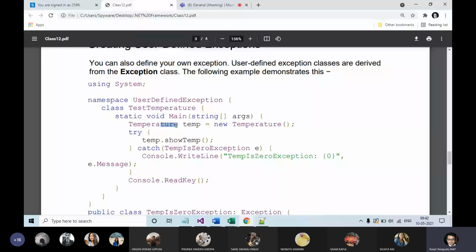Now within the catch block, it is using a temp zero exception, which is its own defined exception. You can create your own defined exceptions. In case of any error within the temp block, it can be taken care of by this object, and it is displaying a message over here.